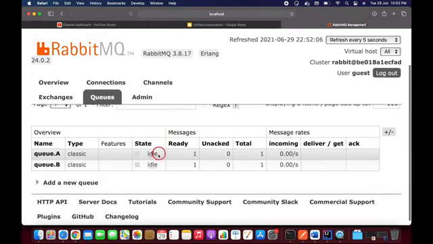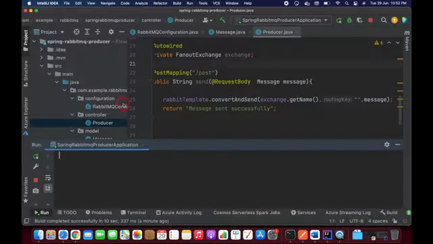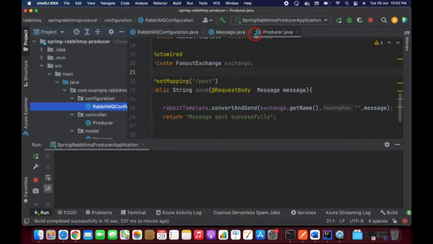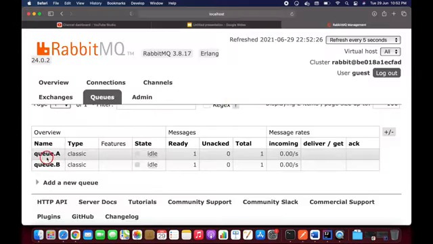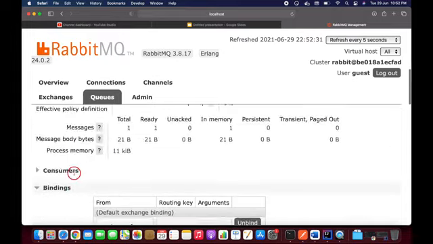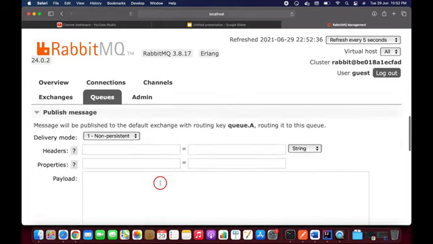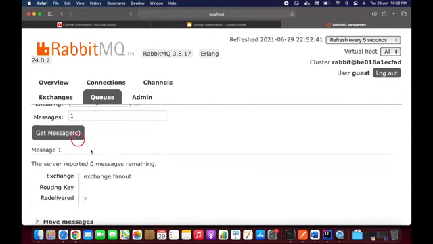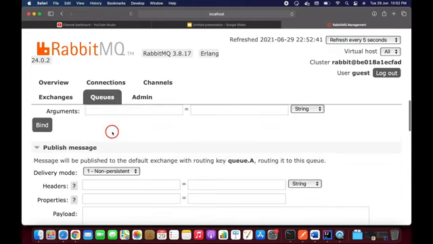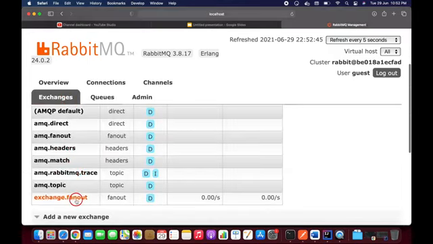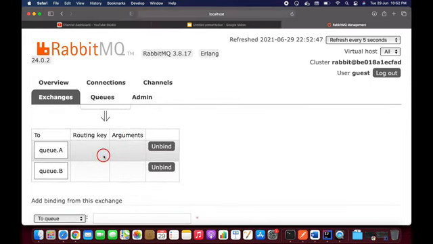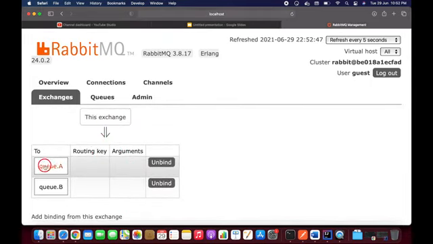Let's click on the queue. We have two queues, QA and QB. Okay, these two queues got the messages, because we routed to these two queues in the configuration, guys. Okay, so let's click on this QA, and you can see the binding here. So this exchange fanout is bound to this queue, and if you get the message, this is the payload. After that we have exchanges. Let's click on the fanout exchange, and you can check this exchange is bound to this QA